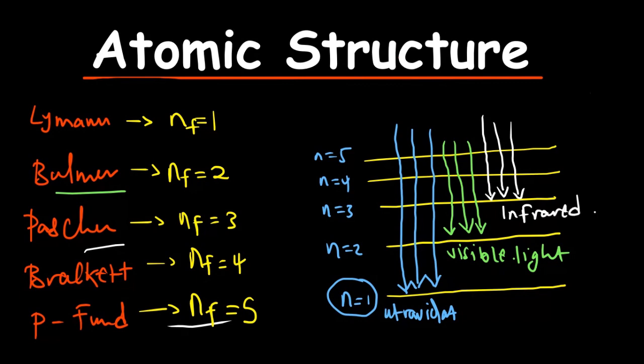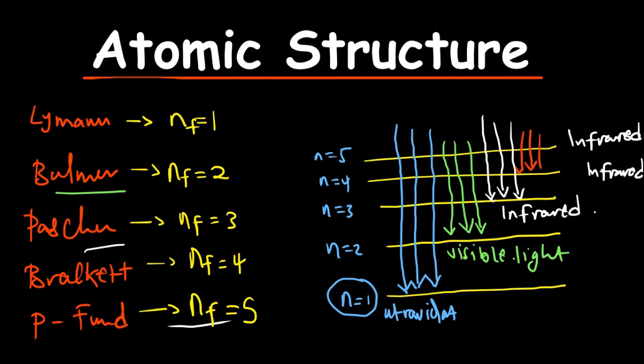Okay, so from this point where you have n3 going upwards here, the radiation that you are going to be involved in will always be the infrared. So even if the final one is 4, you are still going to have infrared. If the final one is 5, you're still going to have infrared like that. So if the transition happens from whatever energy level, but the final one is 4,